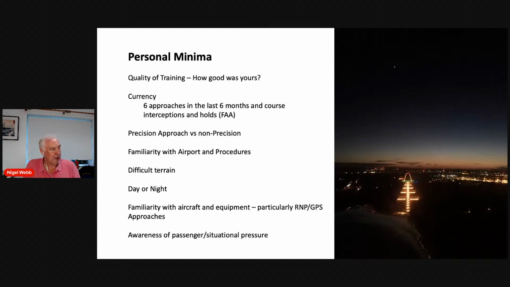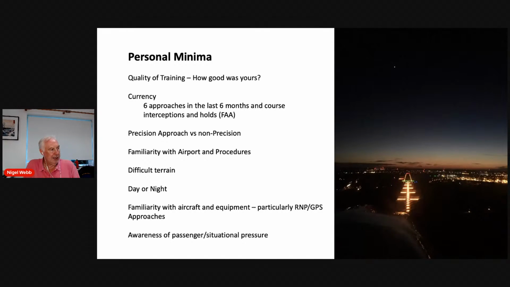The qualifications I put up here are what the FAA requires of its IR holders. And I've used the FAA example because the CAA doesn't publish much for IR holders as guidance. So the FAA say that if I want to exercise the privileges of my instrument rating, I have to have done 6 instrument approaches in the last 6-month window. So in other words, I have to be able to go back 6 months from today. And if I don't have at least 6 instrument approaches, doesn't matter whether they were all in the first month or all in the last month, but there have to have been 6 approaches within the last 6 months,